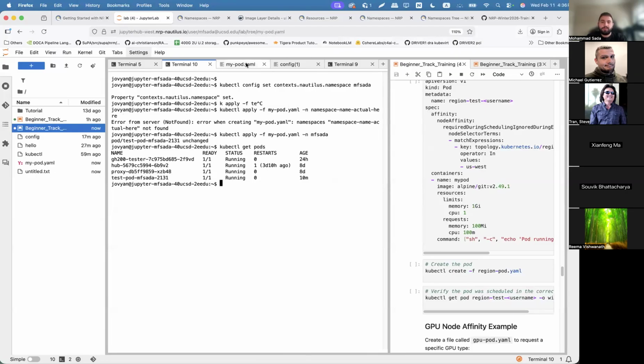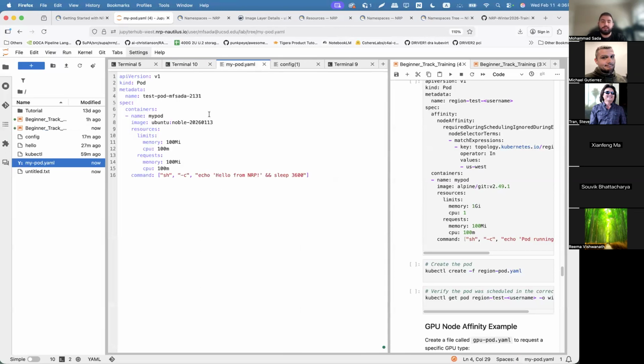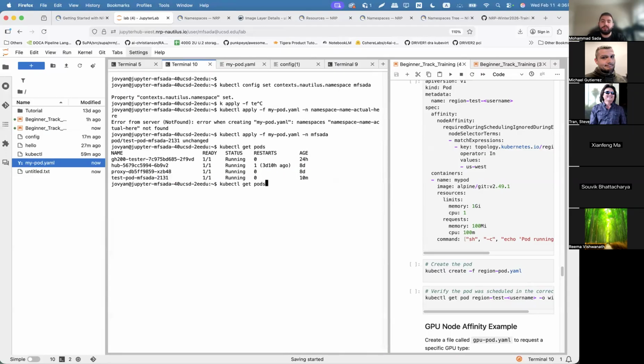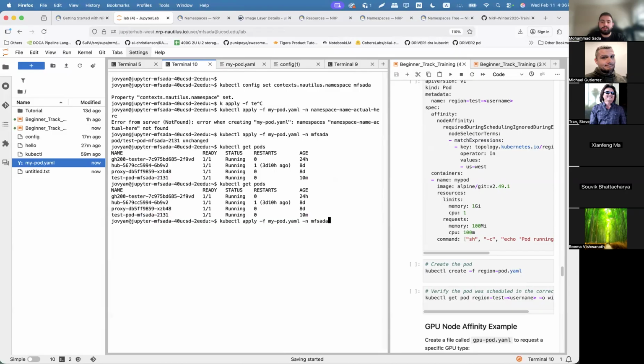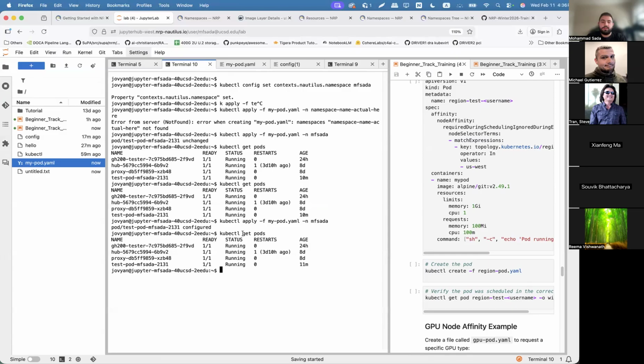So an attempt to apply the YAML that is calling it the same name, Kubernetes looks at it as an attempt to change. So let's say I'm just going to show you something. Let's say I changed the image name and I run apply again, configured. You can see here running. So right now it took